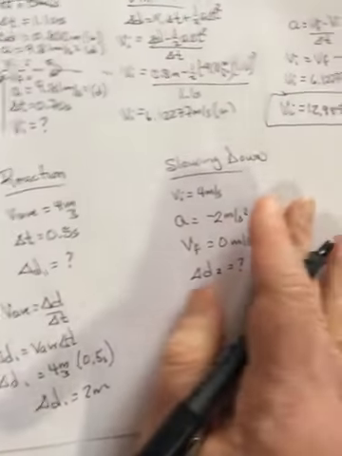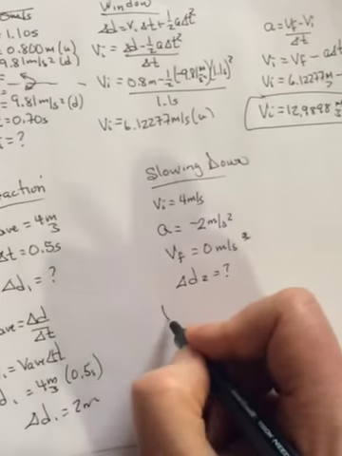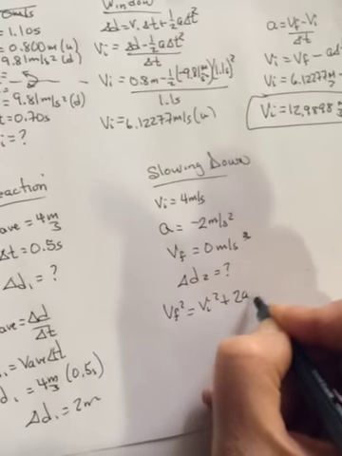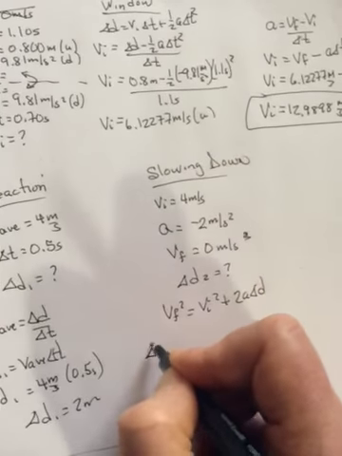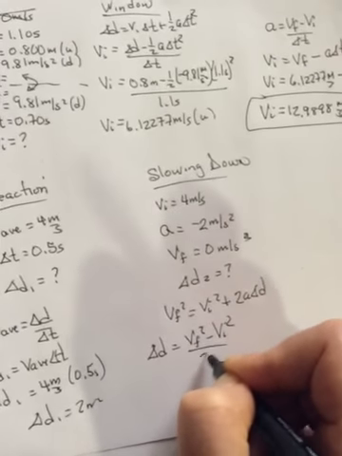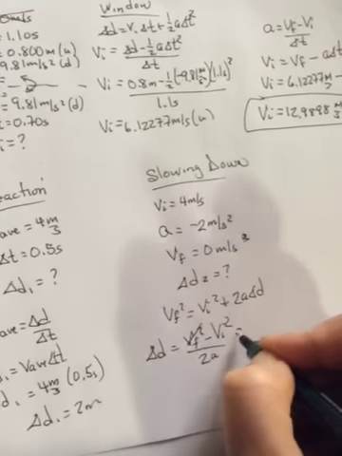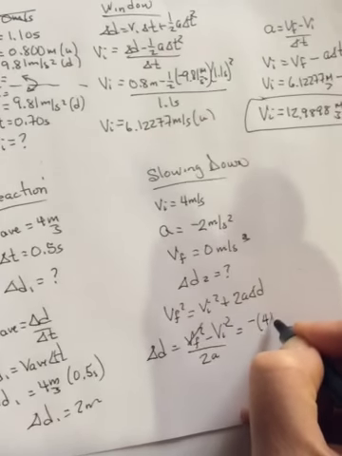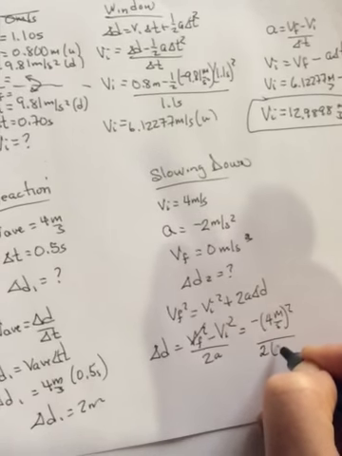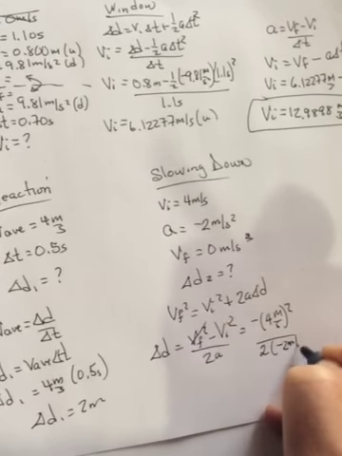Over here you have a VI, an A, a VF, and you want a delta D, so VF squared equals VI squared plus 2A delta D. Rearrange for delta D. VF squared minus VI squared over 2A, but the VF is 0. So negative 4 meters per second, and you're squaring it, so that'll be 16. And negative 4